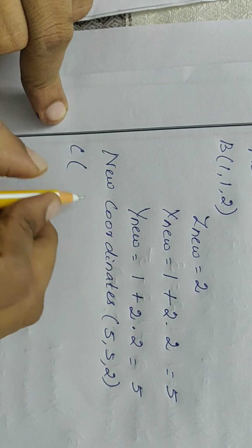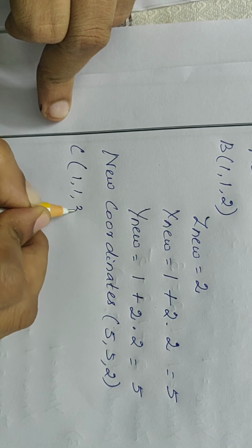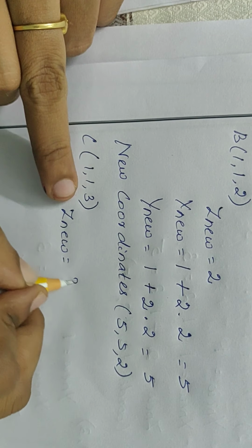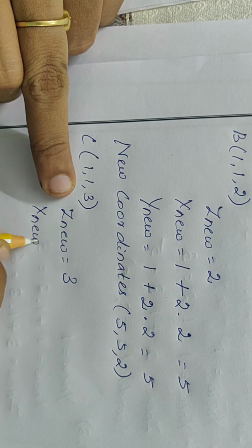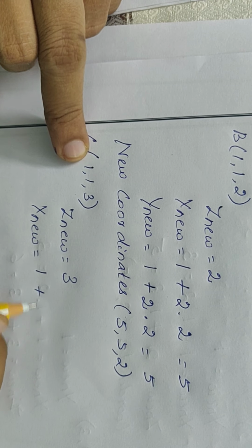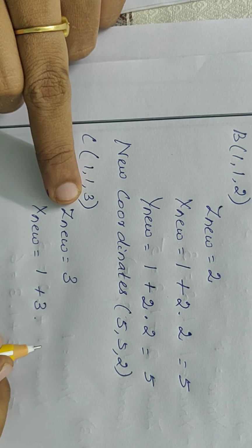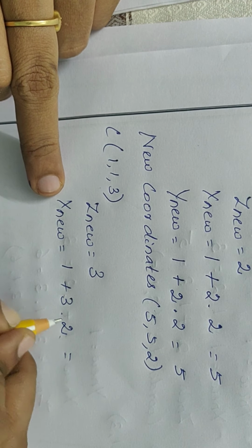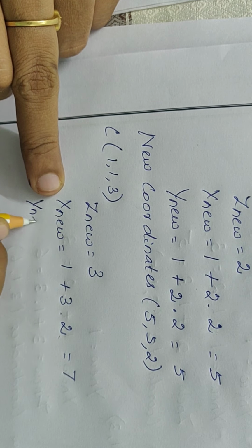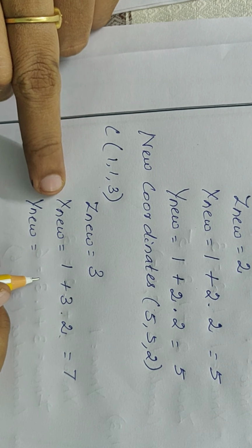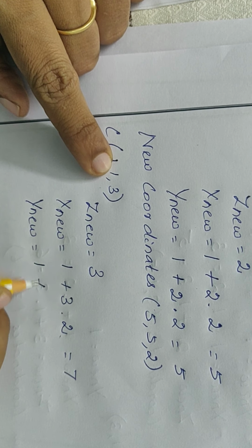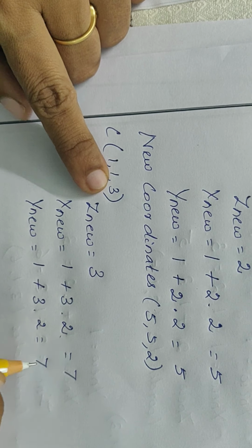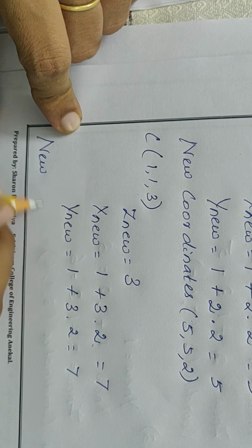Similarly, for the next endpoint, it is 1, 1, 3. Right? Z new is equal to z old, which is 3, and x new is equal to x old, 1, plus z old, 3, into shear factor along x axis, it is 2. Right? So it is 6, 7. Y new is equal to y old, 1, plus z old, 3, into shear factor along y axis, it is 2. 6, 7. So my new coordinates will be